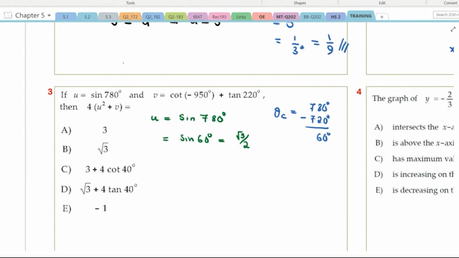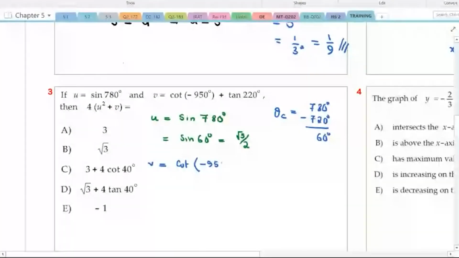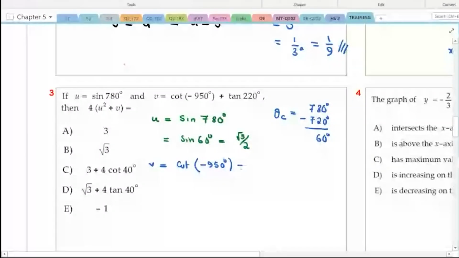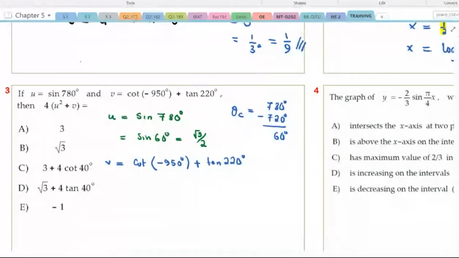We have v now. For v, it says v is equal to cotangent of minus 950 degrees plus, gentlemen, tangent of 220 degrees. We have 2 ways to answer the question. You can say maybe because there is a minus here, you want to use the even and odd function. Or you can decide that, no, I want to use the concept of coterminal angle directly. If I use the coterminal angle, what do I get? The coterminal angle will be equal to